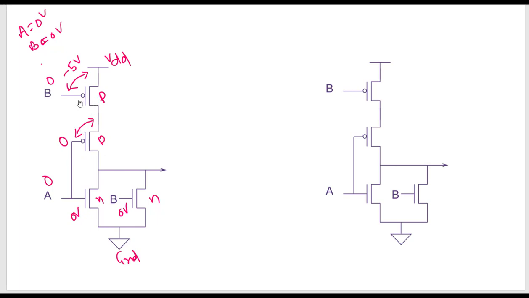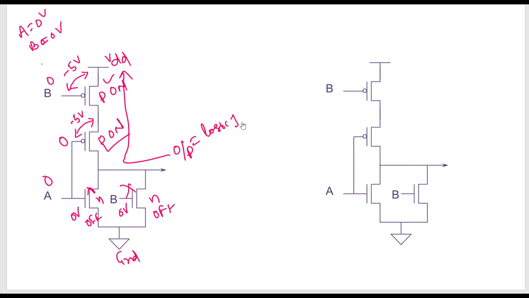In this case, this transistor is conducting, that means there is an effective connection with the power supply. In that case, this also becomes minus 5 volts. When this has minus 5 volts, both will be on. And here both will be off because of 0 volts. So these will be off and these two will be on. In this case, your output will have effective connection towards the power supply. That means your output will be logic 1. This is when you consider both zeros.